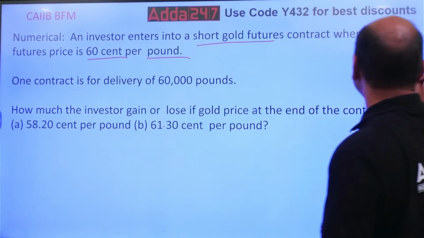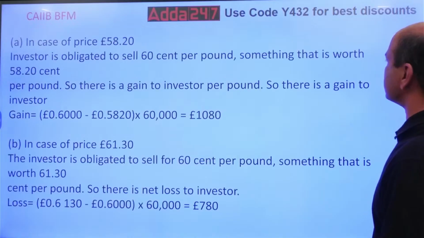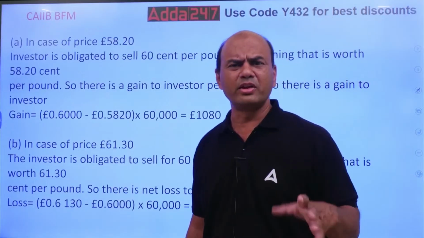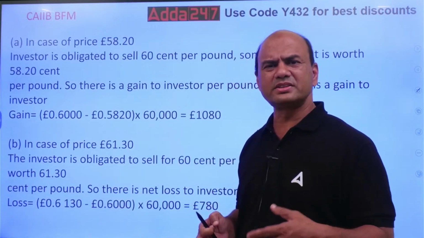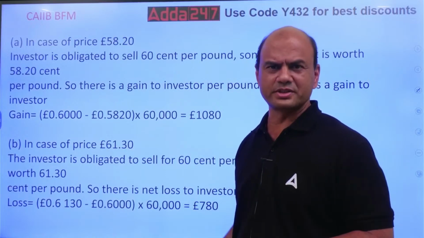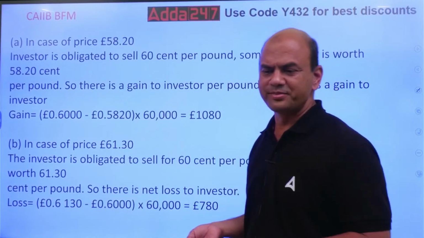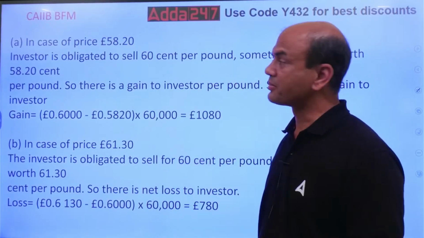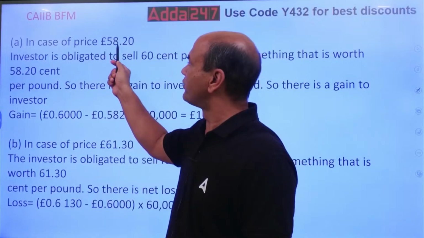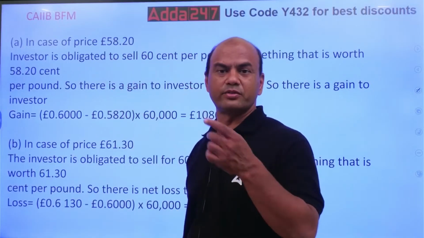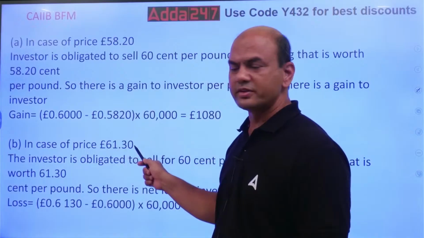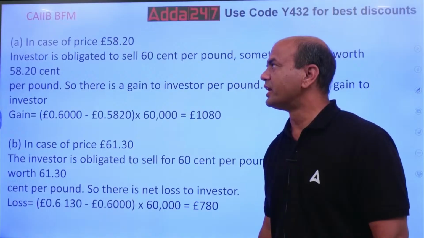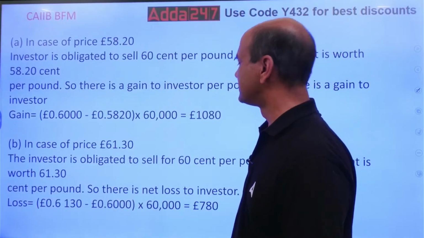Now I'll explain you. Sir, I won't ask the answer from you. I'll be explaining you the case today because I know many of us are not into this daily business of options and futures, right? We don't know that much. So that's why I'll be explaining you the case. Let's take the first case. In case of pound 58.2, means first case is of 58.2, second case is of 61.3. Okay. So in case of pound 58.2, investor is obligated to sell,